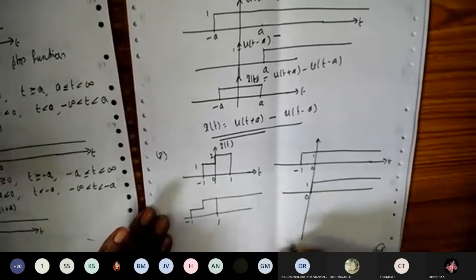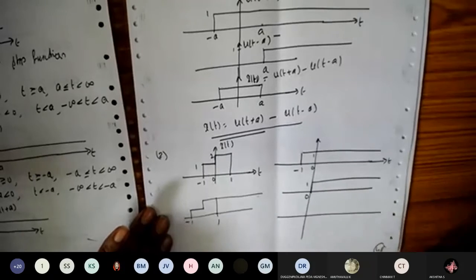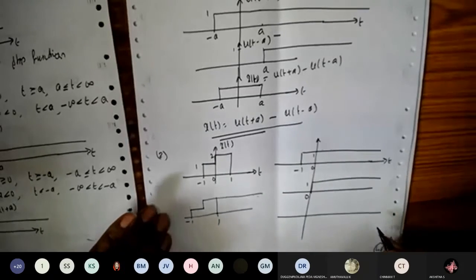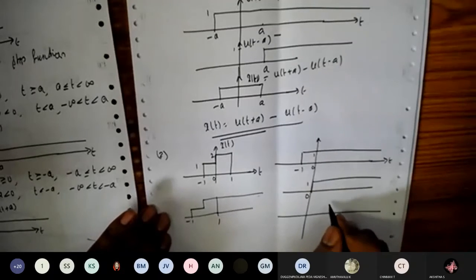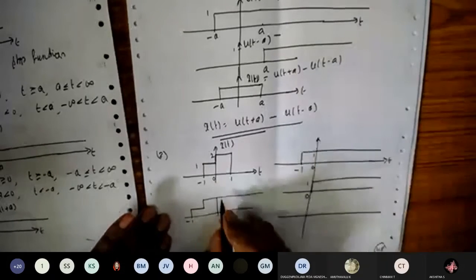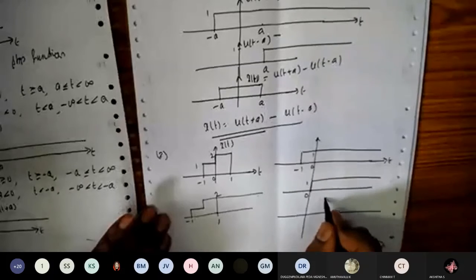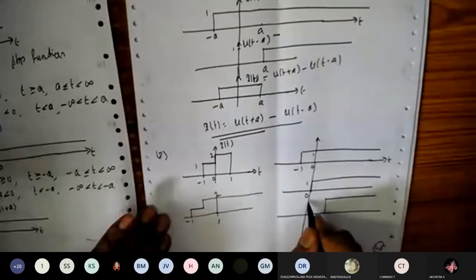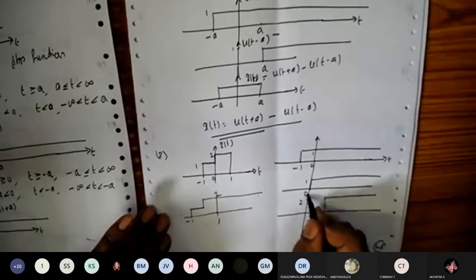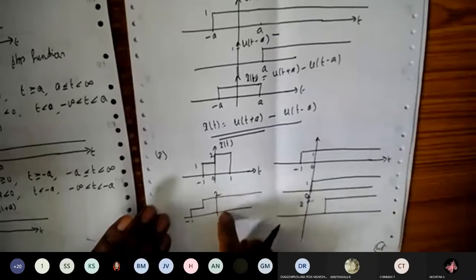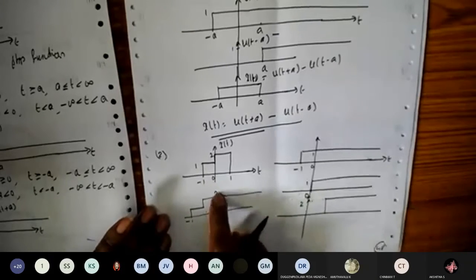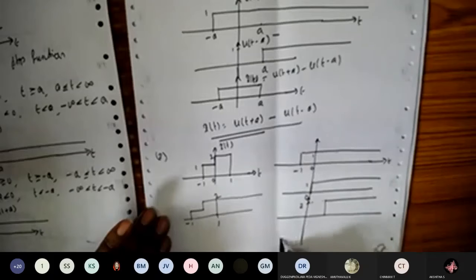So what's the waveform we can have here from 1 onwards? From t is equal to 1 onwards, let us have the amplitude. This amplitude 1 plus 1 becomes equal to 2 here. So let us have the waveform with the scaling factor of 2 here, so that when I take the difference, 2 minus 2 will become equal to 0. Okay, so I'll get the waveform like this here.